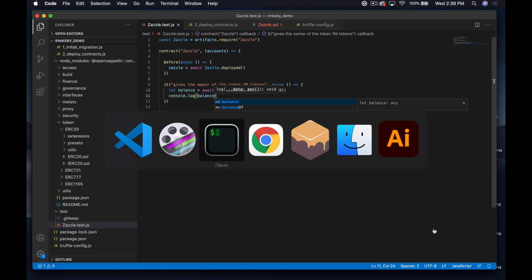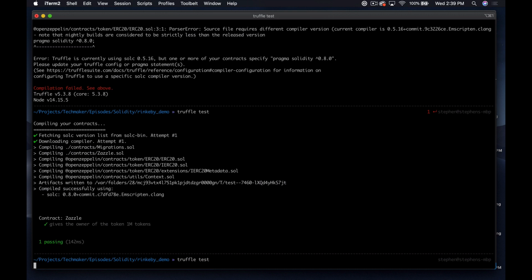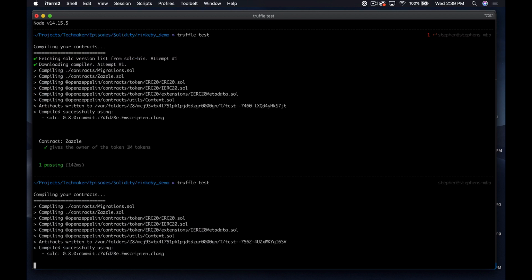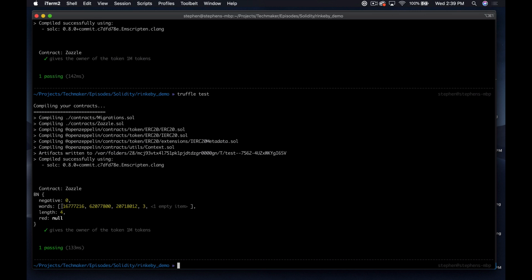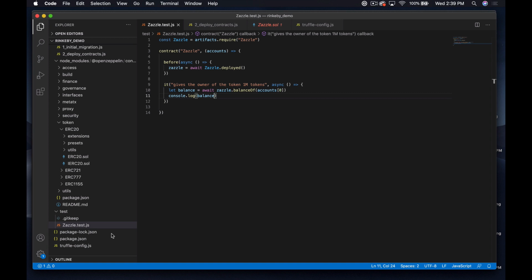A big fan of just checking what we're looking at here, and I want to make sure that everybody sees what we're looking at here. So the balance that comes back is probably going to be some really huge number. And in actual fact, it's basically giving us this BN object, which stands for big number. And it's really hard to look at that and see exactly what's going on. So what we need to do is convert this, to get rid of all those decimals. And the way that we do that is we can say